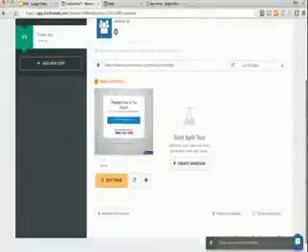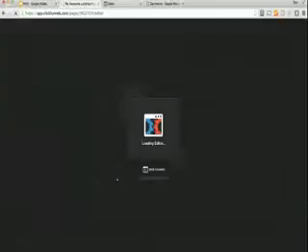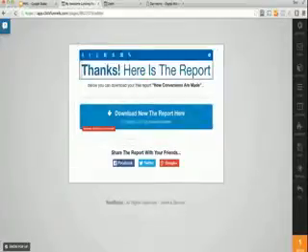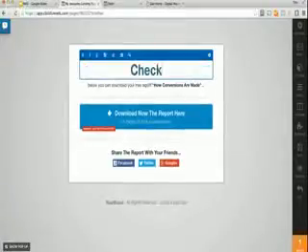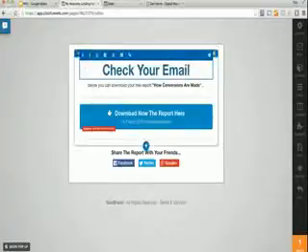So if I hit edit page, at this point, I can say, this is what I would do for a cheat sheet email. I'd be like, check your email. Now, some people want to give them the download on the thank you page. I don't like to do that. I want them to check their email because I want them to go in and say, hey,